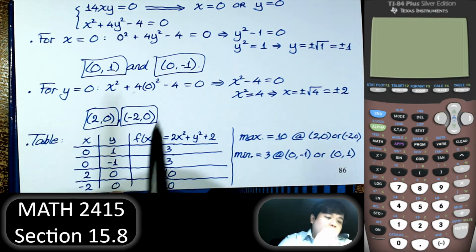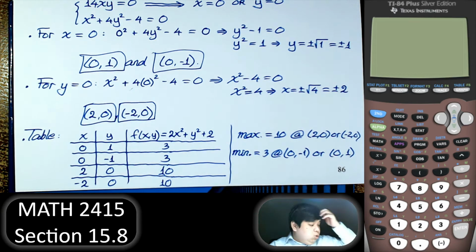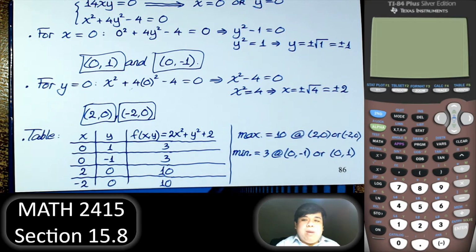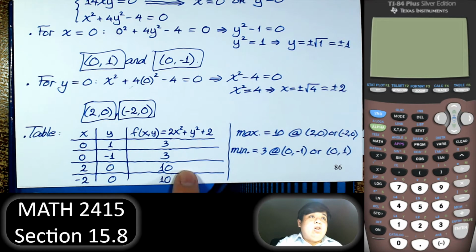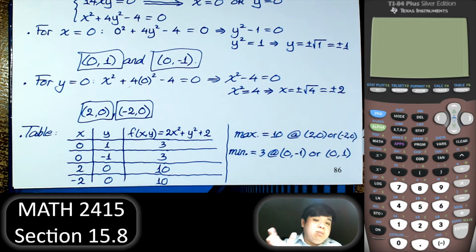Right. Once we find all the points, I won't be able to tell if it is a maximum or a minimum. So of course there's a test for the maximum and minimum, but it will be a lot easier. Just go back to the function, evaluate it. It was a maximum and a minimum. So